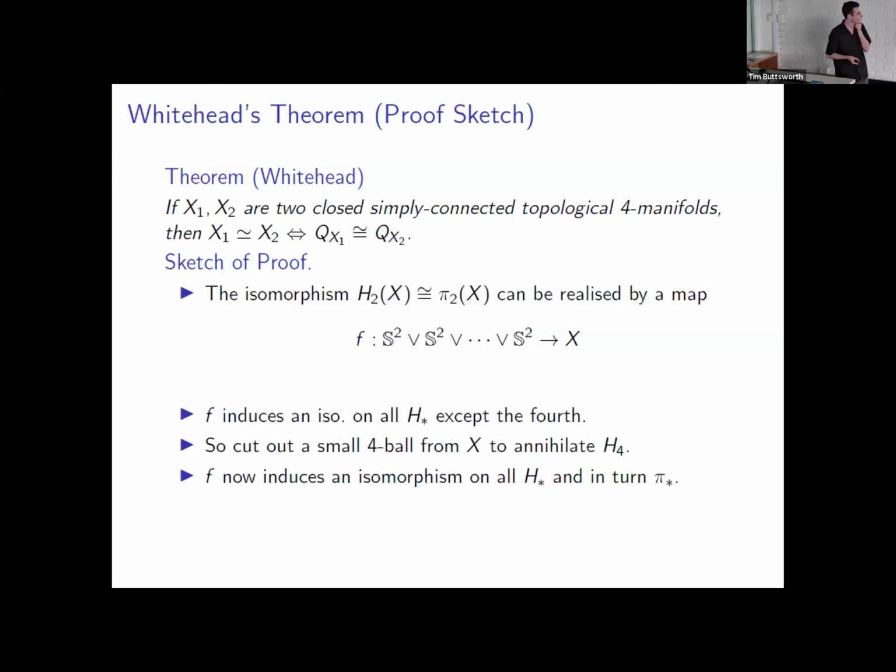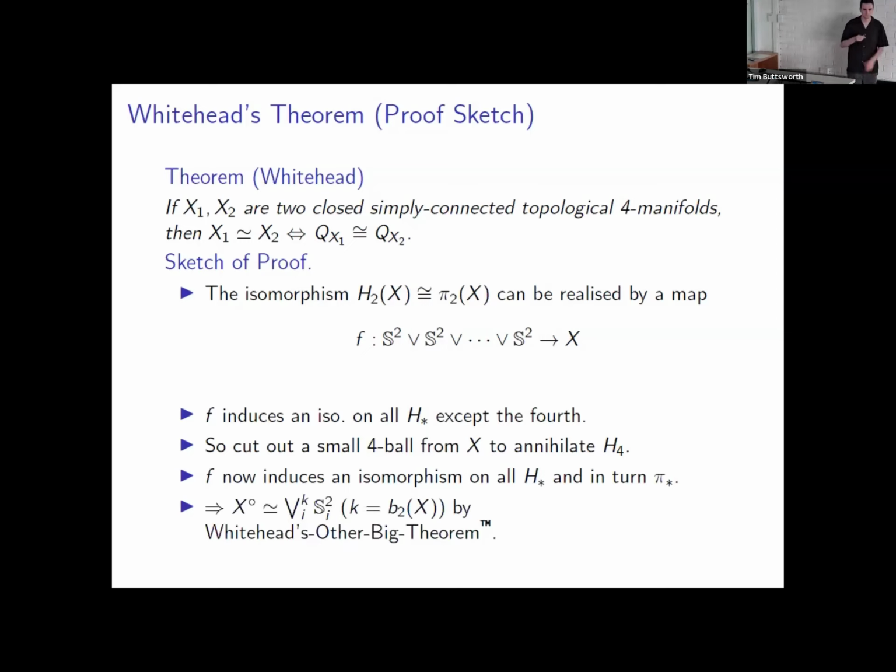And so what I can do is cut out a small four-ball from X, and you can easily set up this map so that it avoids the four-ball that you cut out. And if I do that, then that annihilates H4. And now this induces an isomorphism on all my homology groups, and in turn the associated homotopy groups. And so then by Whitehead's other probably well-known big theorem,